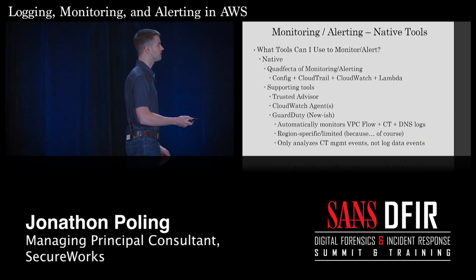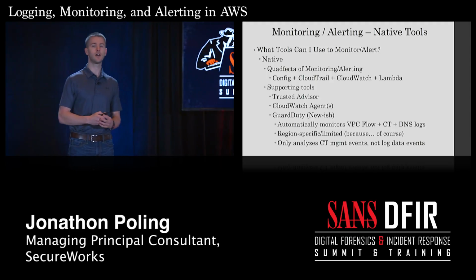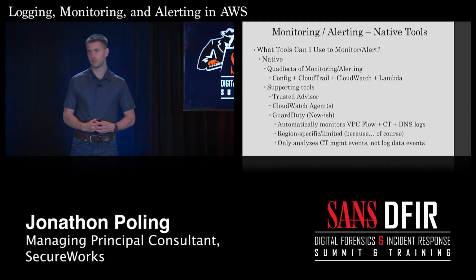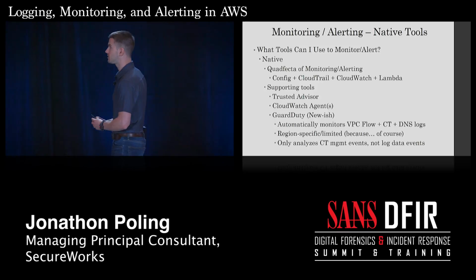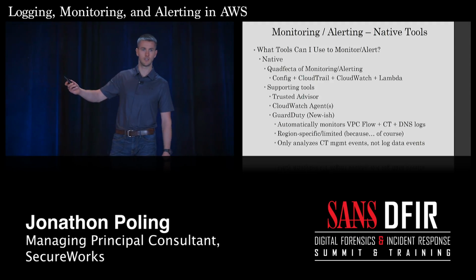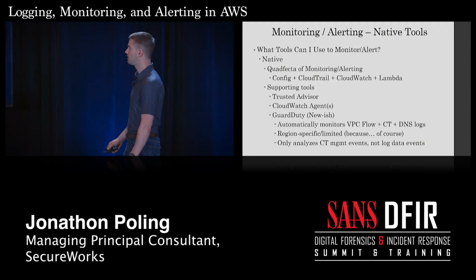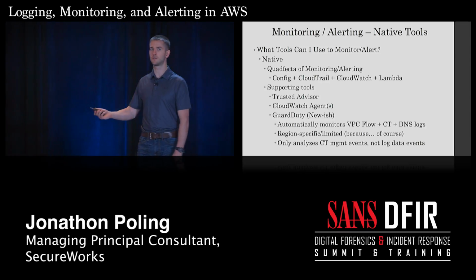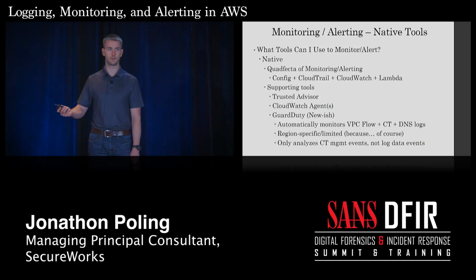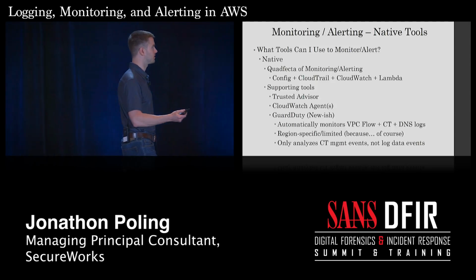And surprisingly, or not surprisingly, for those that are staged in AWS, they give you a lot of tools to do a lot of this yourself. So simply using native tools, this is what I would term the quadfecta of monitoring and alerting using native tools: Config, CloudTrail, CloudWatch, and Lambda. You can pretty much do almost everything you'd want to do for monitoring and alerting with those four services. And supporting tools, Trusted Advisor,